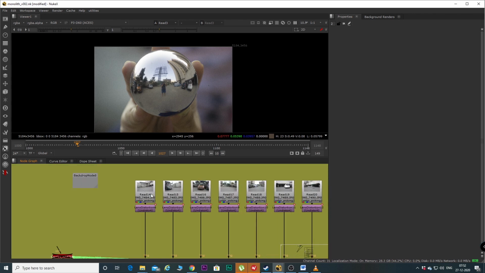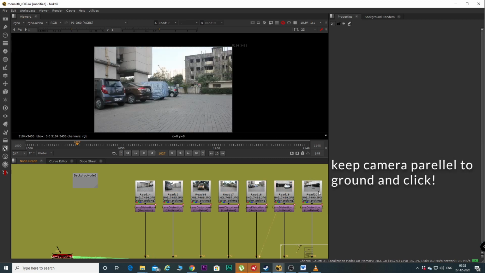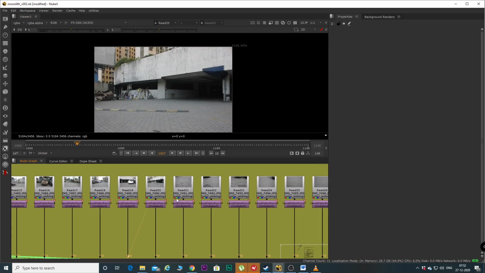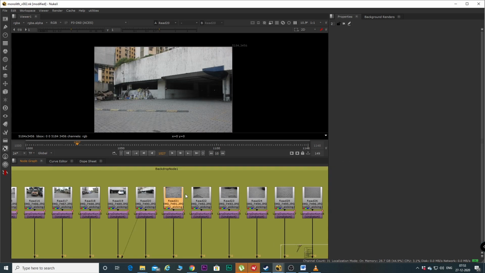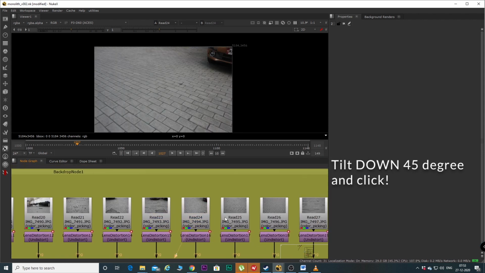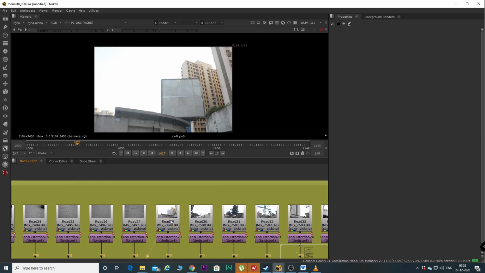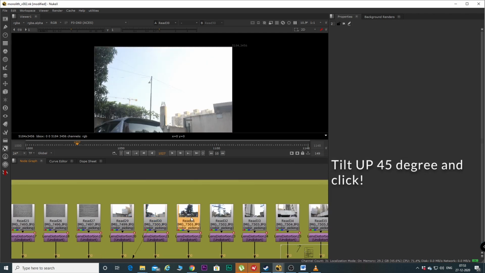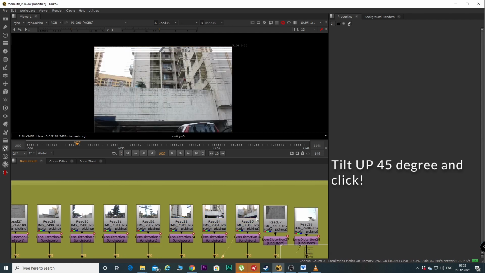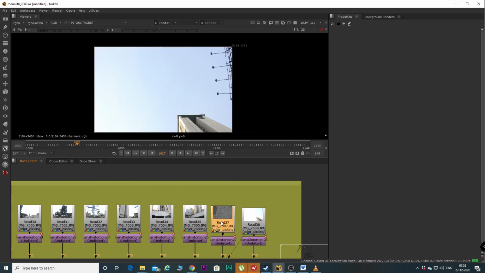So what we need to do while shooting the HDRI is mount it on a tripod, and in the horizontal axis we should shoot all the 360 images which we can until we create a complete circle. Doing the same for the below area, by tilting it down 45 degrees, we should shoot these images by completing a proper 360. Similarly, tilt up 45 degrees and shoot these images like that. For extreme top and bottom, what you can do is you can remove the tripod, take your DSLR, tilt it up 90 degrees and tilt it down 90 degrees.